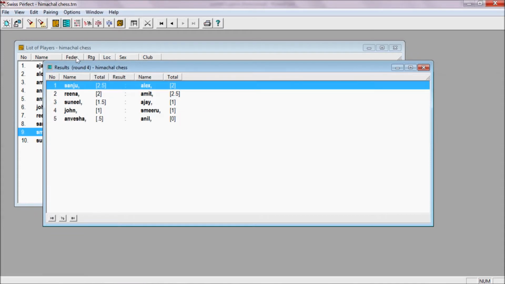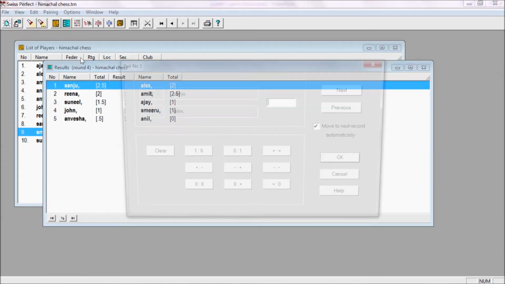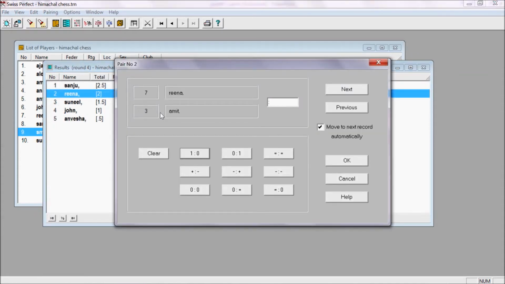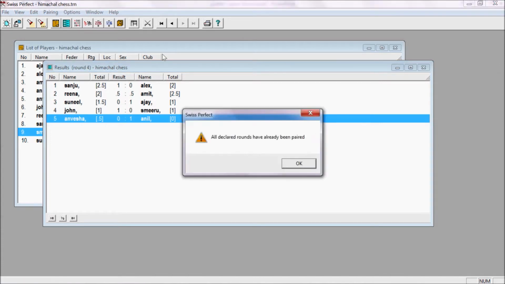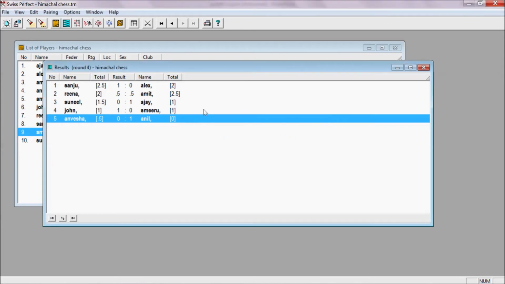This is the last round, and I am entering the results randomly. As all the rounds have been completed and all the results entered, if you click the pairing button, it will automatically give an error that all declared rounds have been paired. So it means your rounds have finished.